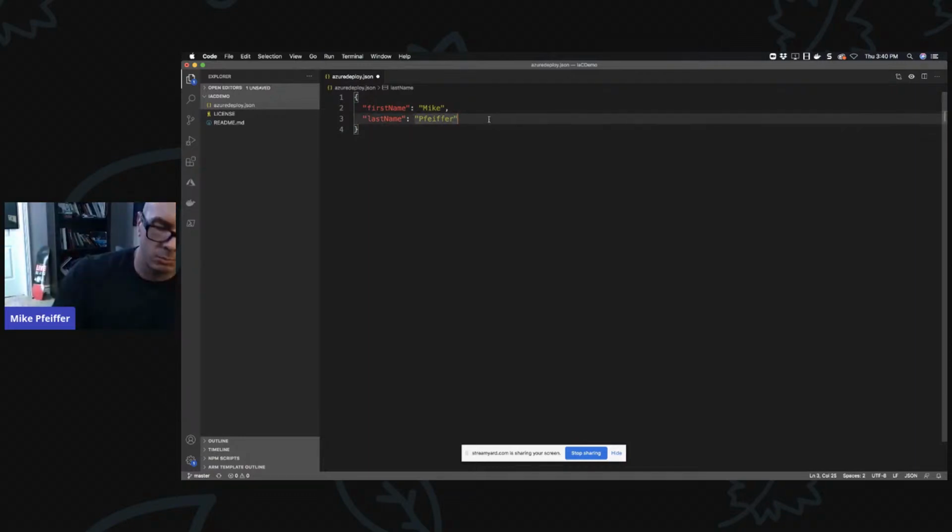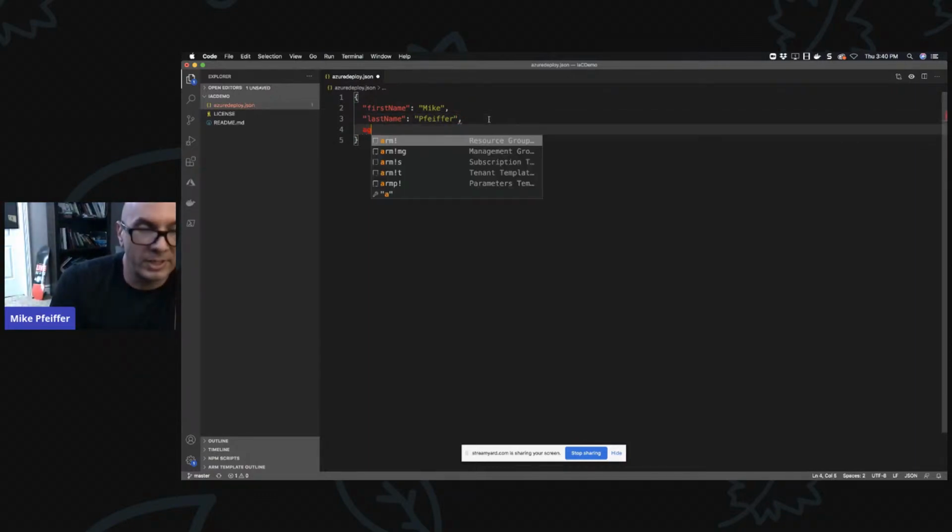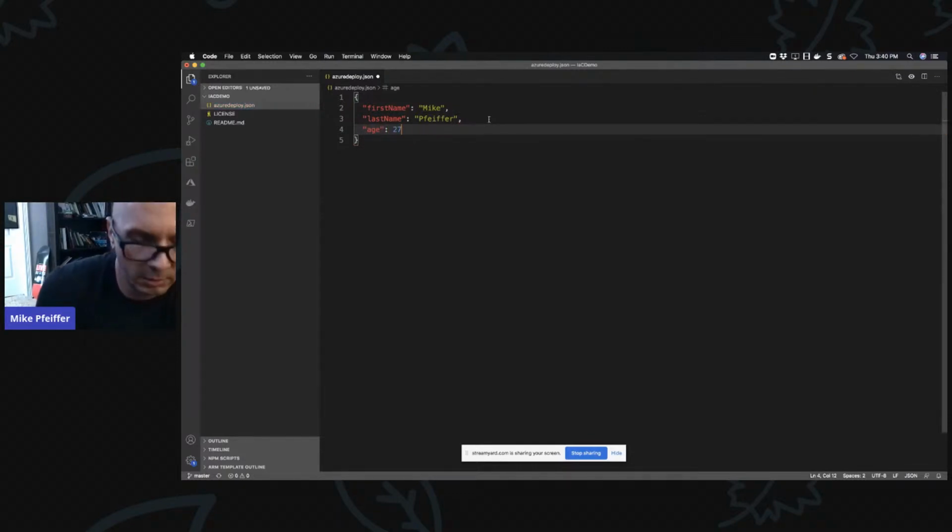Now properties can also correspond to integers. So like age, 27, not really that young anymore. Let's go real, 44, proud of it, 45 in December. So notice when I'm putting a number, it's actually not in double quotes. That tells JSON or whatever consumes this data, oh, that's an integer, not a string.